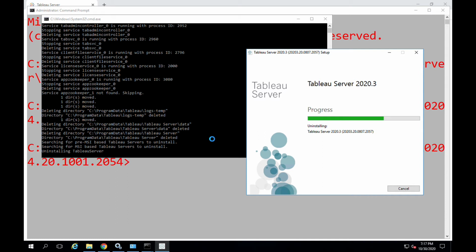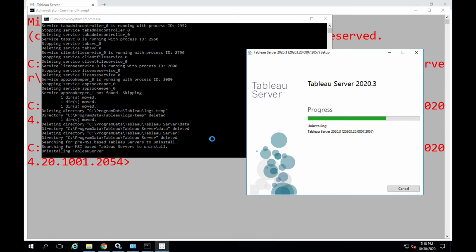If you don't find the script, then you can refer to the knowledge article and copy the script from there, copy that over to your server, and you can run it with the -y argument. If you want to remove the license also completely, then you can use -l. Normally what happens is there might be an issue on the server and you want to completely remove and uninstall again, in which cases we don't give -l as an argument. But in general, if you want to remove along with the license, then you can give -l also.